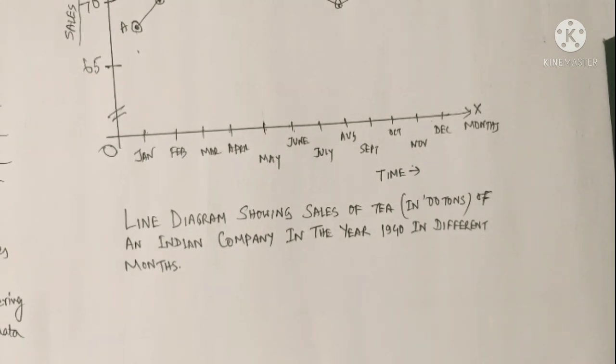Line diagram is related to non-frequency data, and this has great importance in statistics. Whenever we compare the selling records of two homogeneous companies or the production measurements of two homogeneous companies, then line diagram is a suitable diagram, and line diagram can be used for comparison between two variables.